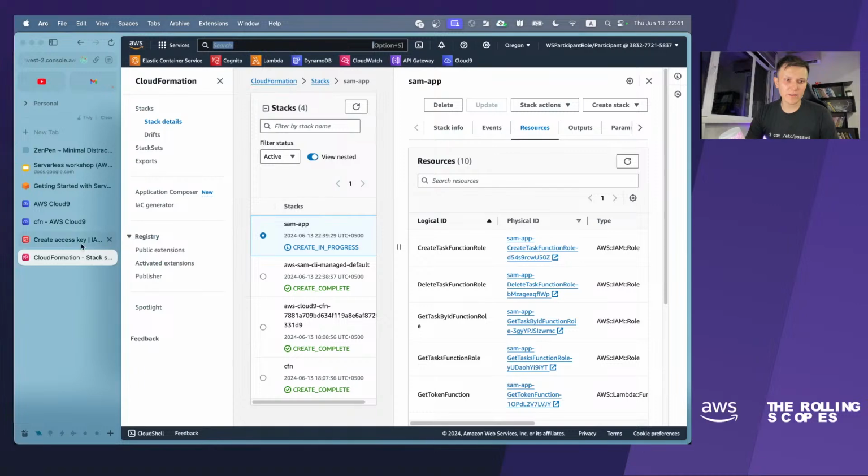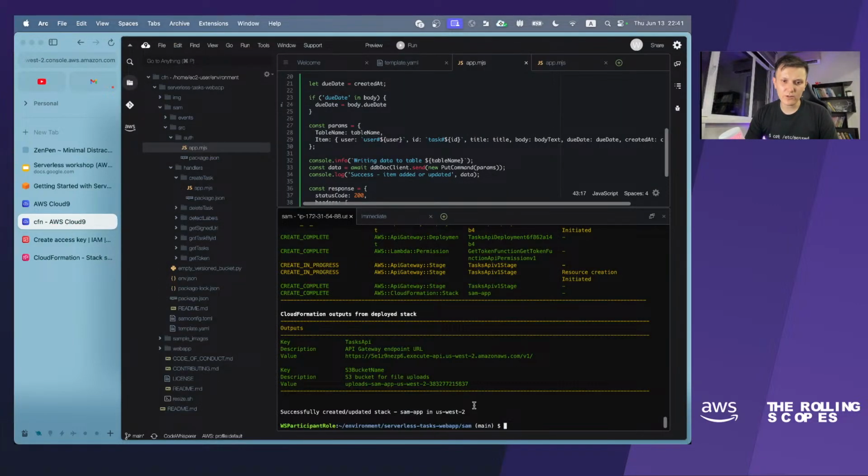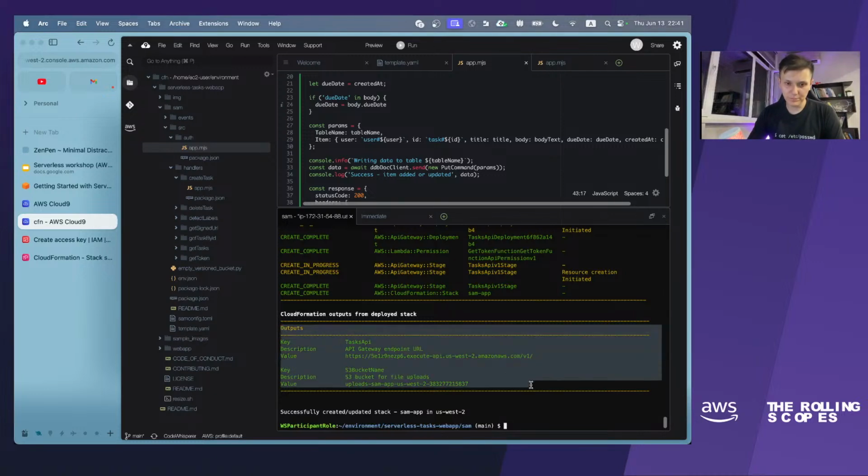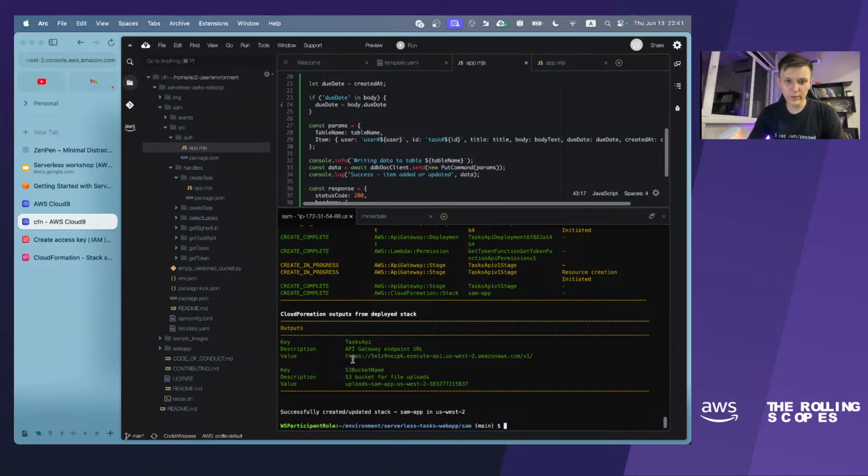Let's check that SAM has created all the stuff. Yeah, all the resources are successfully created, and now we are able to check that our resources are working, because we have some outputs, and we have the URL of our API Gateway, which is used to call your APIs, to invoke your Lambdas.